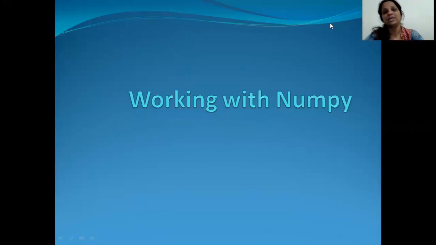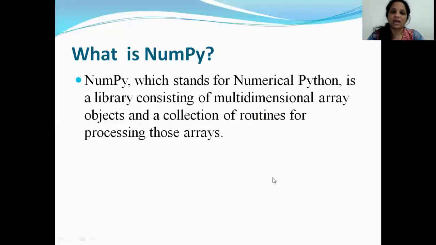But what basically is done by the NumPy module? The NumPy module basically stands for Numerical Python. This module helps us to create a data structure or a data type called arrays. So this chapter is going to be dealing with arrays. Now, the next question that arises in your mind is, what's an array? An array is nothing but a collection of elements. So here I'm telling you that NumPy stands for Numerical Python. It's a library that you can import into your program, and it helps us to create arrays.